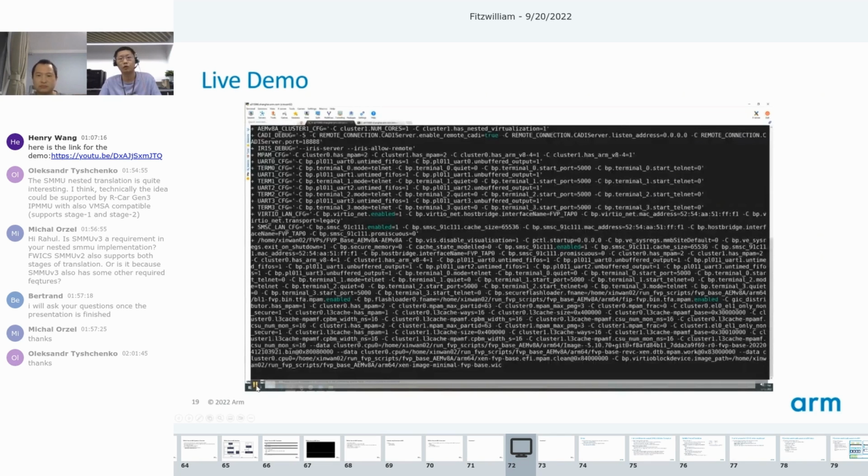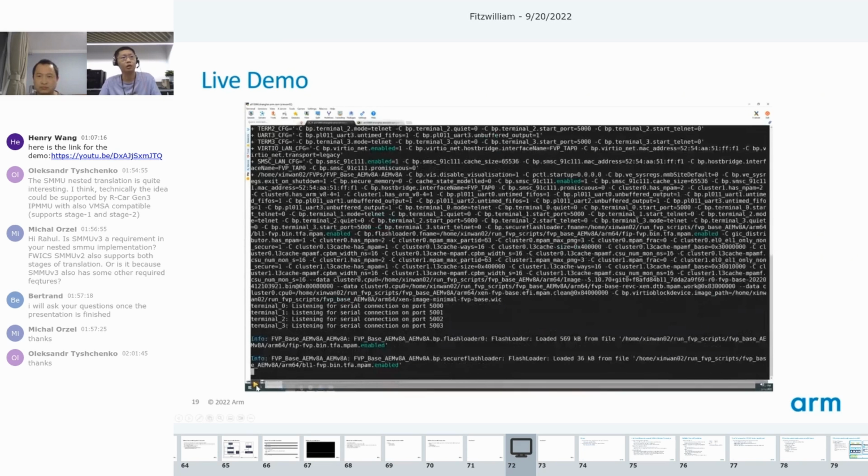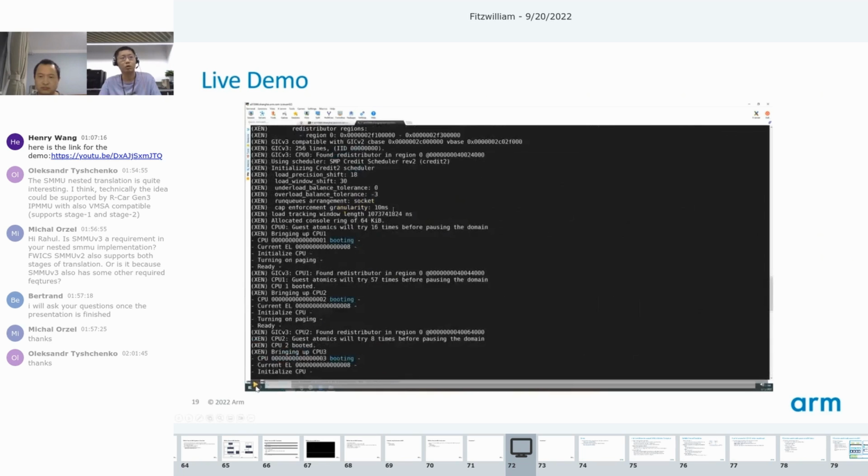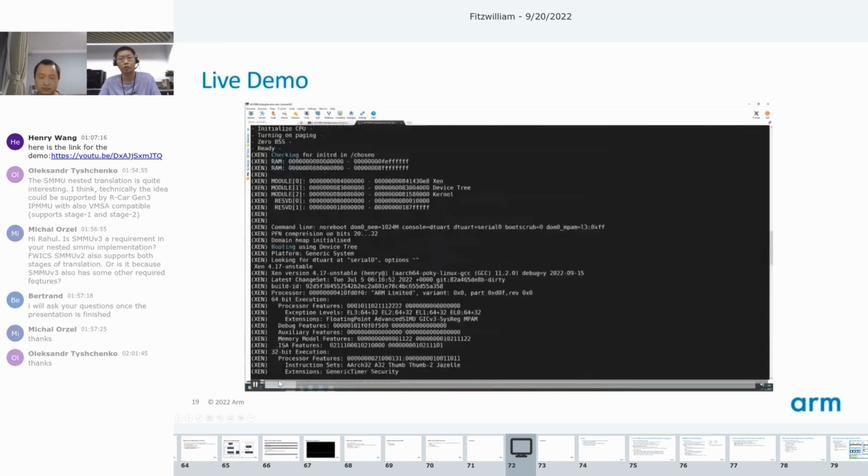Now we can see that we start the FVP, and from the log printed here, we can see we can use telnet to connect to the serial port of Xen and DOM0, which is port 5000. And if we connect by telnet, then it's booting now. While we wait for the booting of DOM0, we can scroll back a little bit to see the logs printed from Xen. Like we have covered in the implementation session, the Xen command line here contains a MPAM part with a bit mask for the level 3 cache configuration.